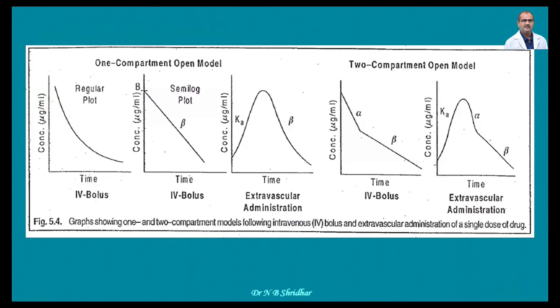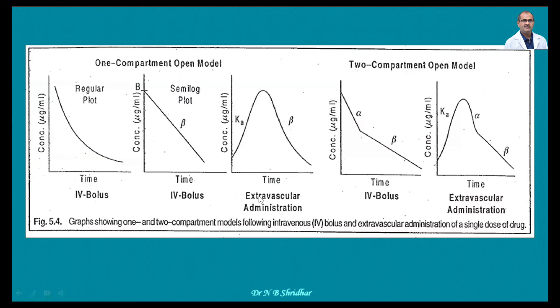Here you can directly see that whenever you are giving an IV bolus dose, suppose a particular concentration of the drug is administered IV, this type of plot is obtained. If it is a linear time scale, meaning 1 hour, 2 hour, and if you convert the time to semi-log, then this will be a straight line. So for an IV bolus dose, the concentration versus time will be a straight line, and this is the elimination coefficient.